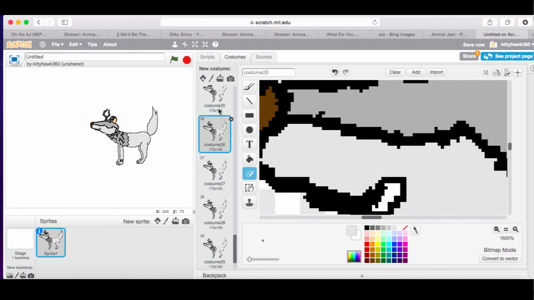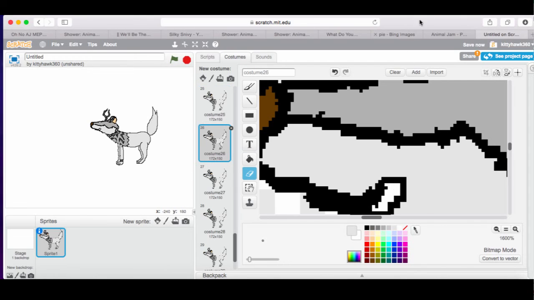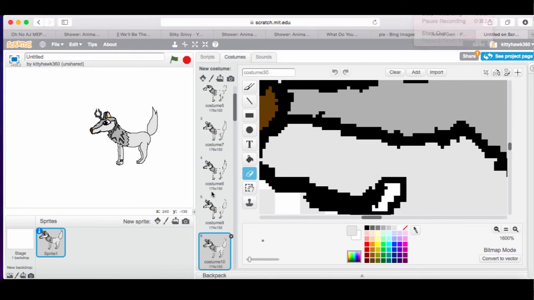Okay, I think I've been doing this kind of wrong. Just wait, I'll come back when I've done it. What you want to do is duplicate that one, then duplicate that one, then duplicate that one, then duplicate that one again. So just come back when I've done it, because I don't want this to go on forever. Okay, so I've just done it.